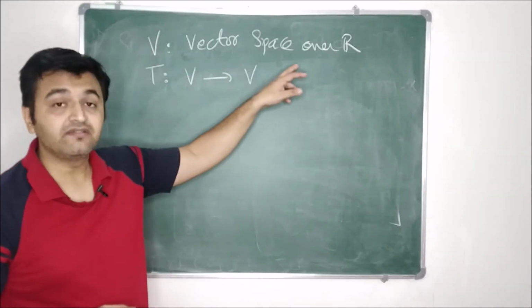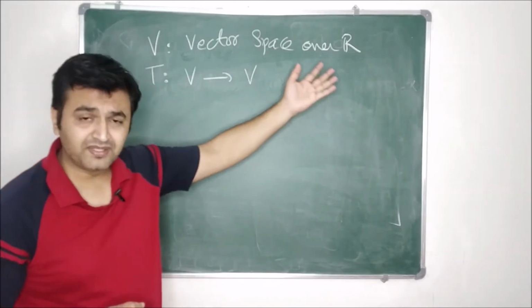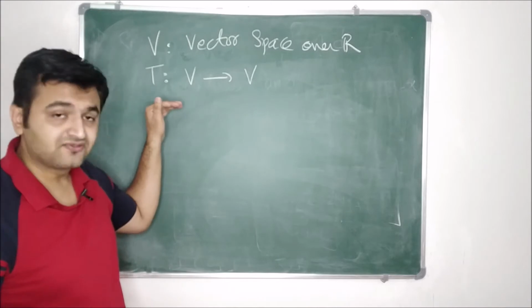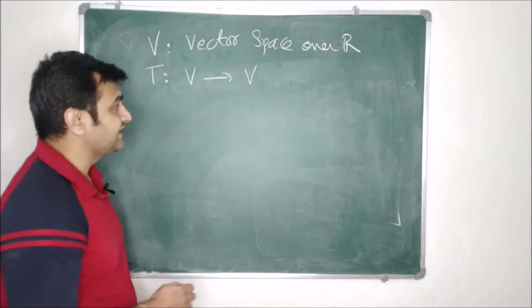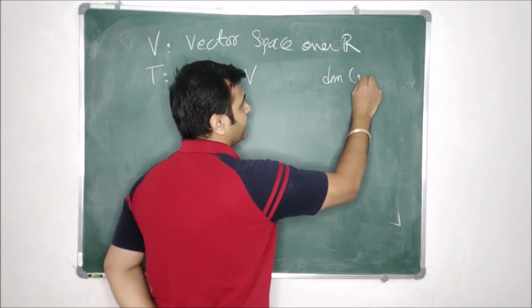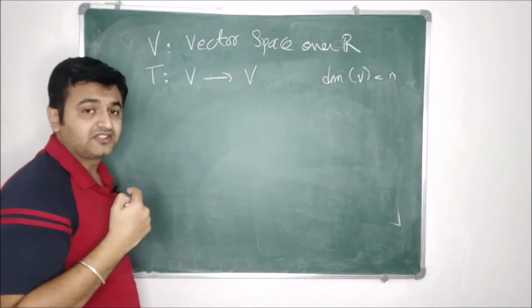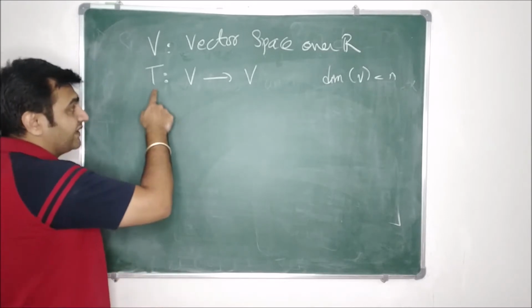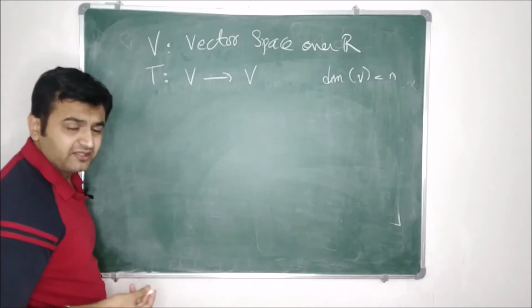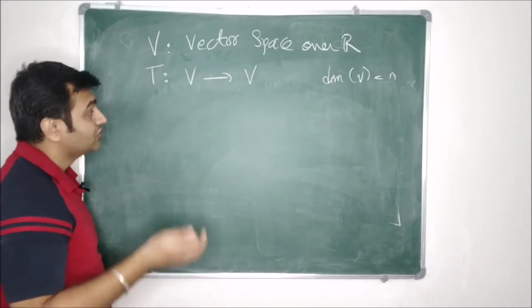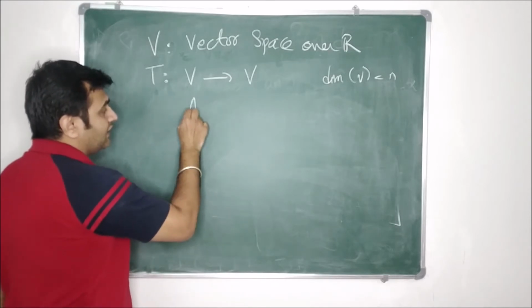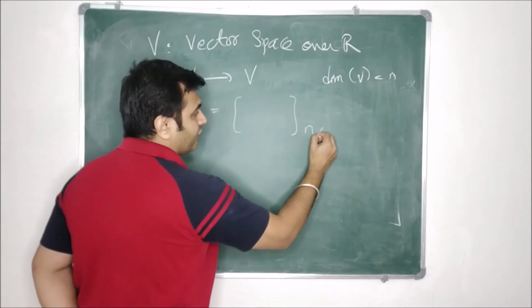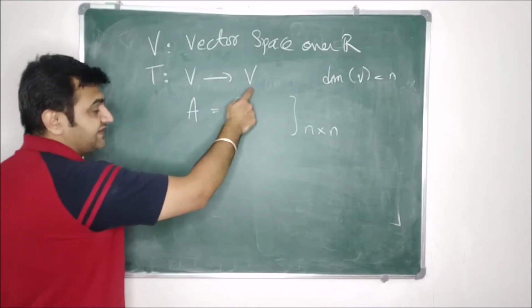Suppose V is your real vector space. All this theory works over complex numbers or any arbitrary field, but let me stick to real numbers. If you have a linear transformation from V to V, and suppose V is an n-dimensional space, so the dimension of V is n, then if you recall my previous lecture on how to find matrices corresponding to linear transformations, using that technique you find the matrix for this transformation. You can take the standard basis if the basis is not given in the question. You find the matrix corresponding to this linear transformation, and its order will be n cross n, because the dimension is n.